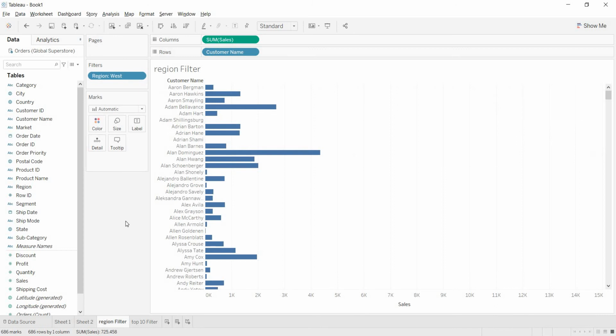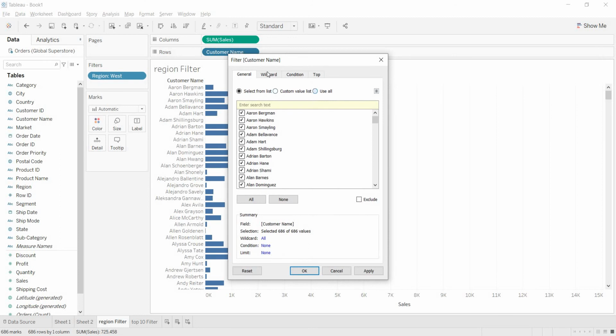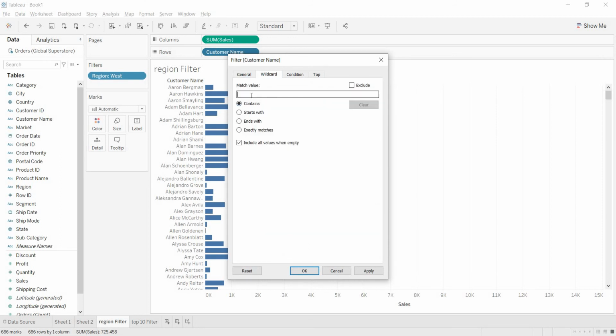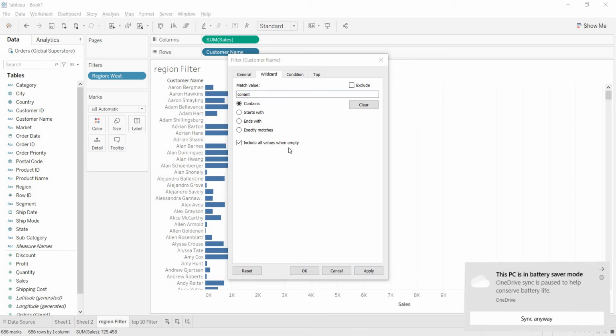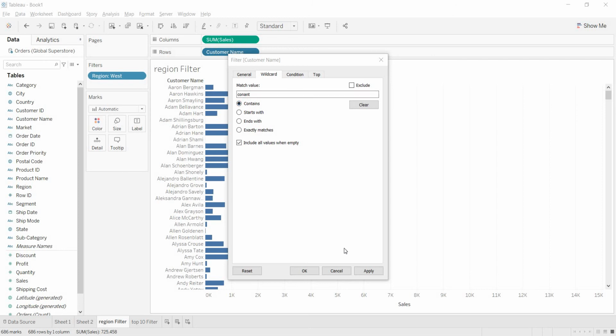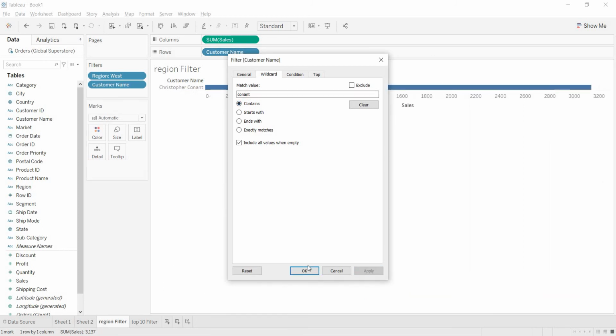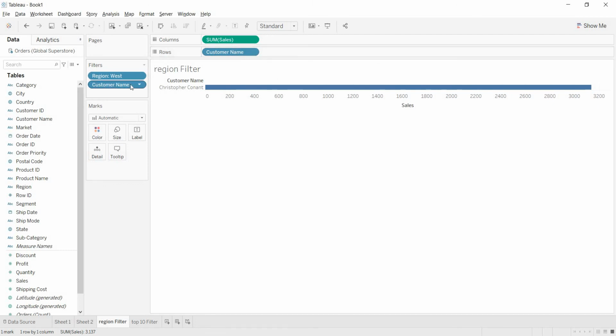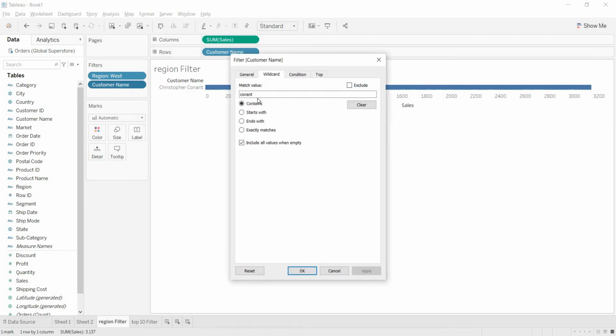And if you go to this region filter data set, apply the filter and check whether the customers are there in the list or not. For that I am using the wildcard, taking contains, and the match value is Conant. When you click apply, this customer is there. Again apply the filter on the same. Now check whether Wacko is there or not. If you observe, Jane Wacko is also there.